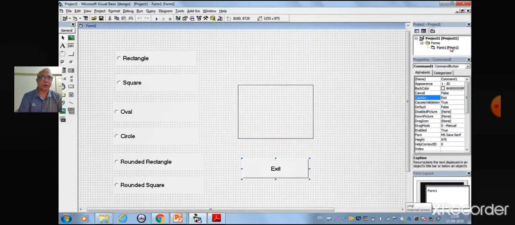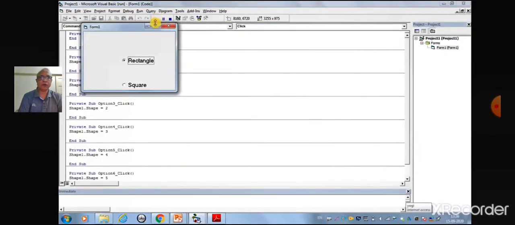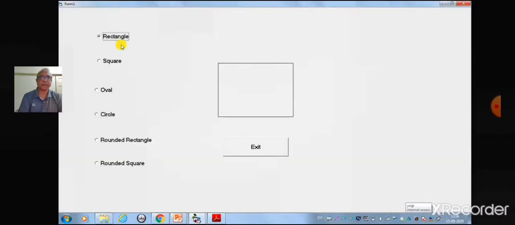Students, now let us execute the program. Here you can see that by default the first option is selected, which is a rectangle. Now when we select a specific option, accordingly the shape gets displayed as we have written code for each option.